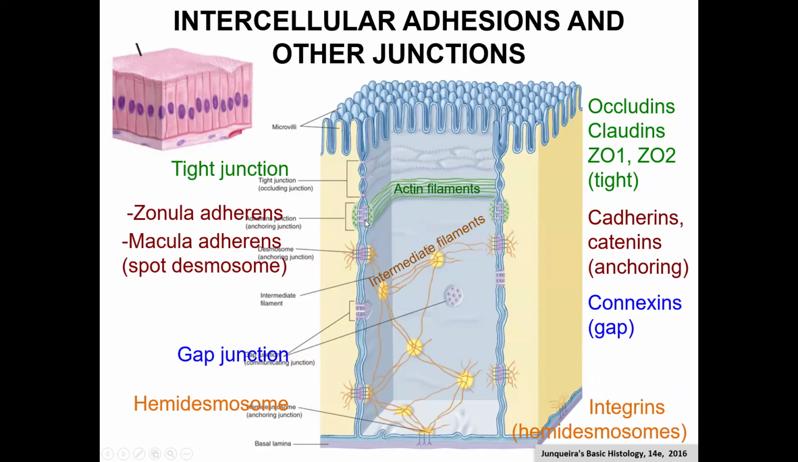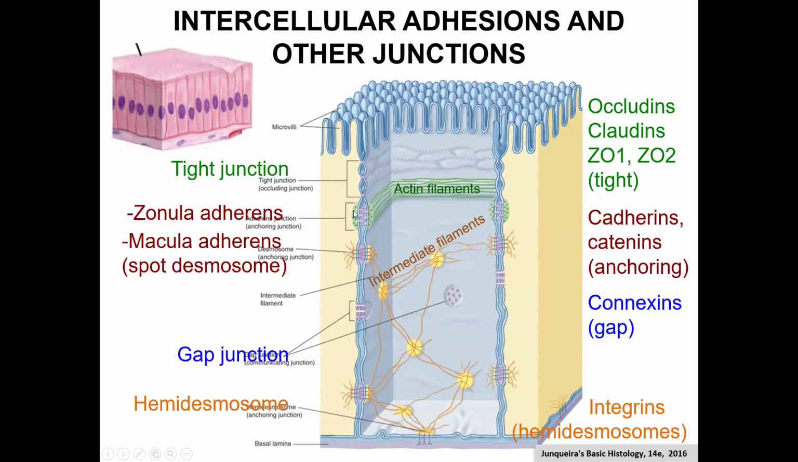They can run like a belt throughout the cell and connect this cell to all the neighboring cells, to all parts of the membrane. Those are the belt desmosomes or zonula adherens. As the drawing shows, these structures are formed from cadherins and catenins